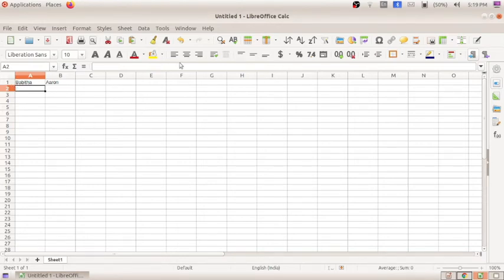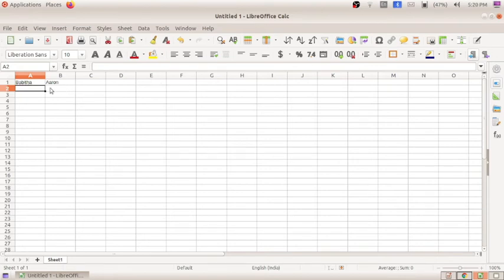When we open the spreadsheet software, what all things can you see? Rows you can see, columns you can see. When we drag over here, you can see a lot of rows and columns. A, B, C, D, like that, these are the columns, and many rows are here. When we drag down, you can see the rows also.